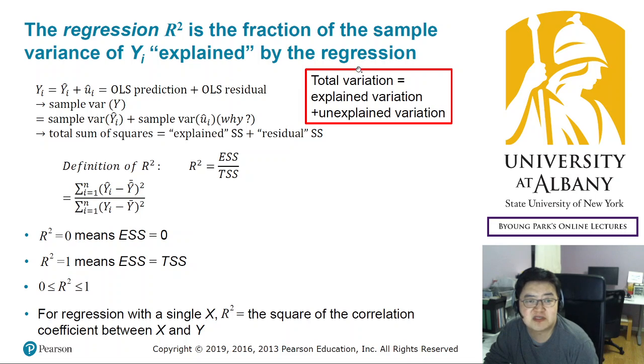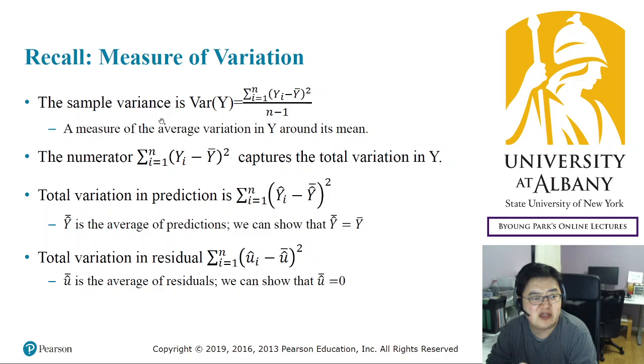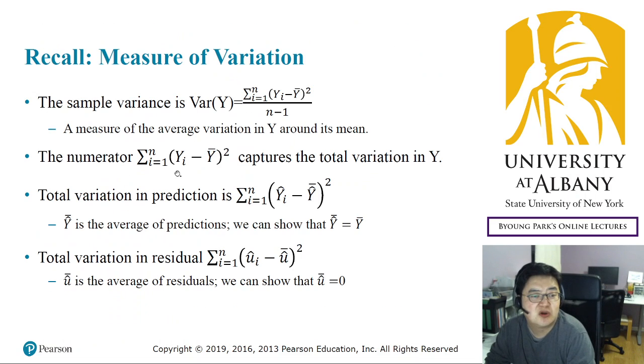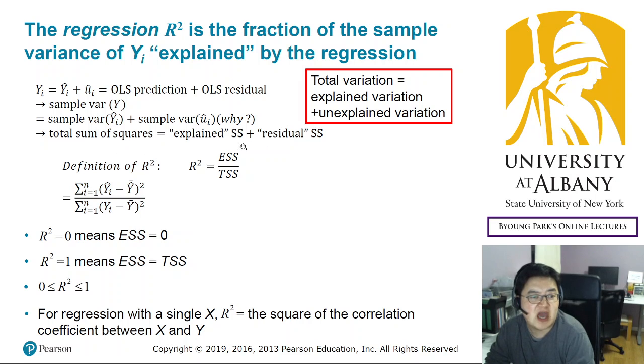So 100% of total variation is explained variation. So this is how we define the R squared. By the way, I defined total variation, total variation in prediction, and total variation in residual, but they have names. The total sum of squares, it's intuitive: the sum of squares for the total Y, and the sum of squared errors,